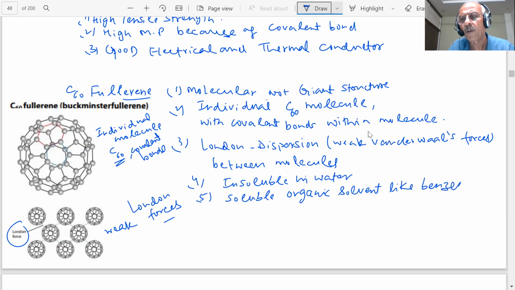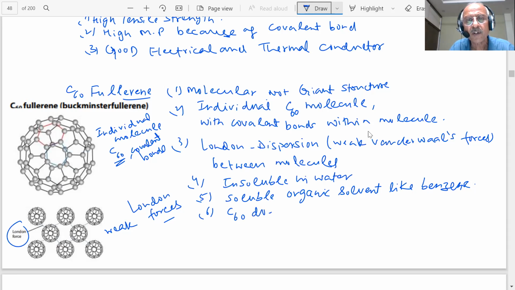Benzene is a liquid. The energy to overcome London forces between C60 molecules is paid back by the energy released when London forces are formed between the C60 and benzene molecules. And so when you dissolve this in benzene, it will provide energy, students, equal to or greater than these London forces, so it will dissolve.